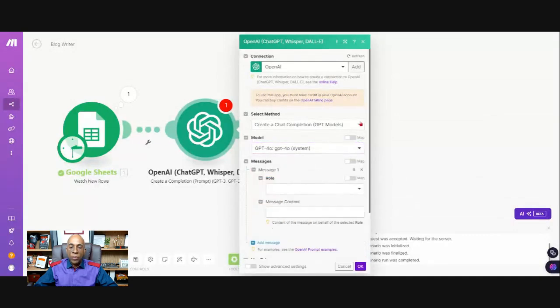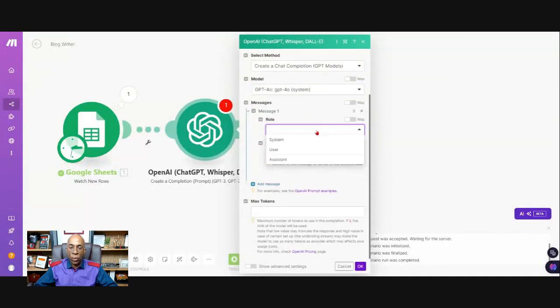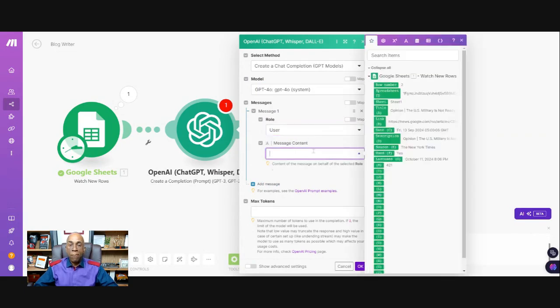We're going to add a new message, specify the role that we want to use in completing this chat completion. And we're going to say user is the role we want to play. And then we're going to create a prompt. Now, I hope you noticed that when I clicked on the message prompt, a window opened. This window grants us the ability to use the information we pull from the row in our Google Sheet to